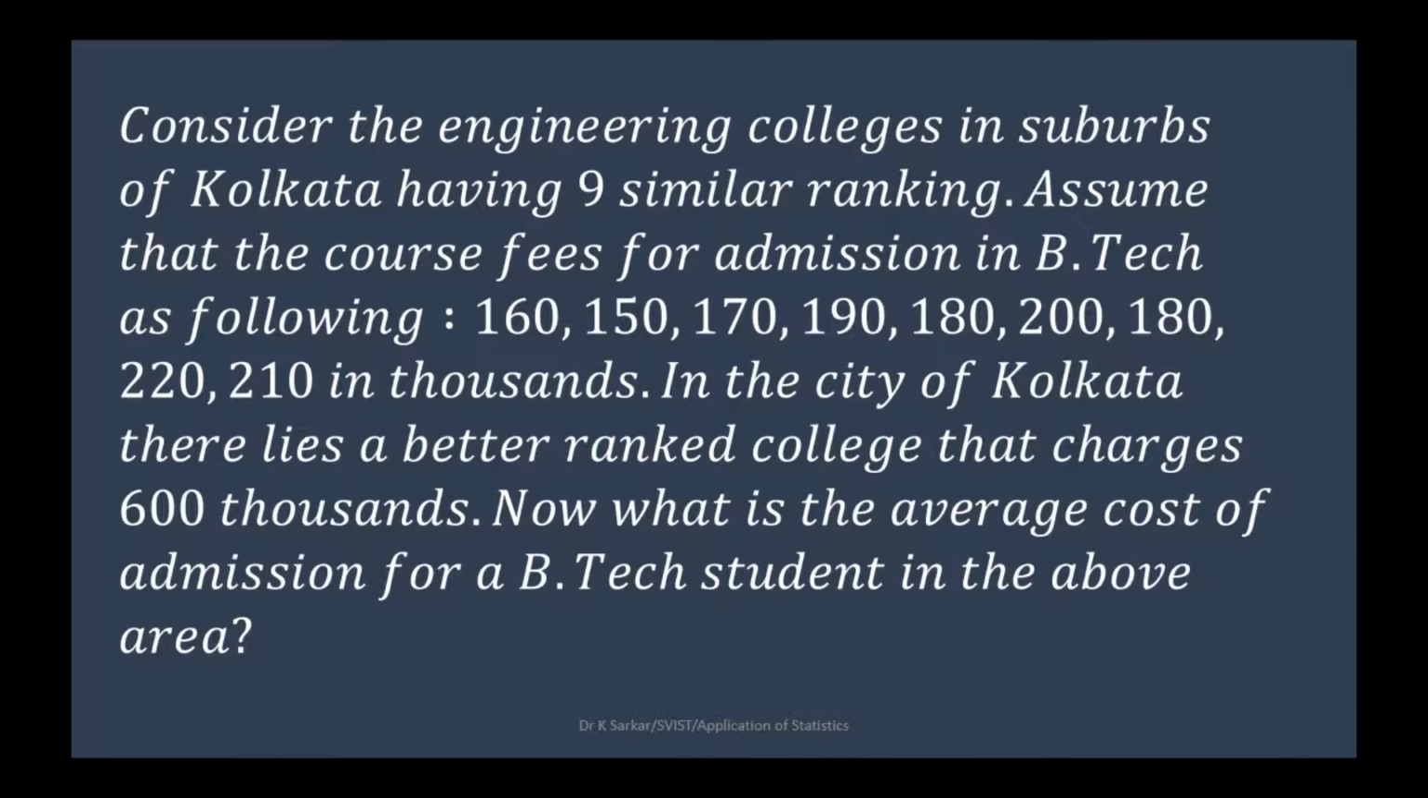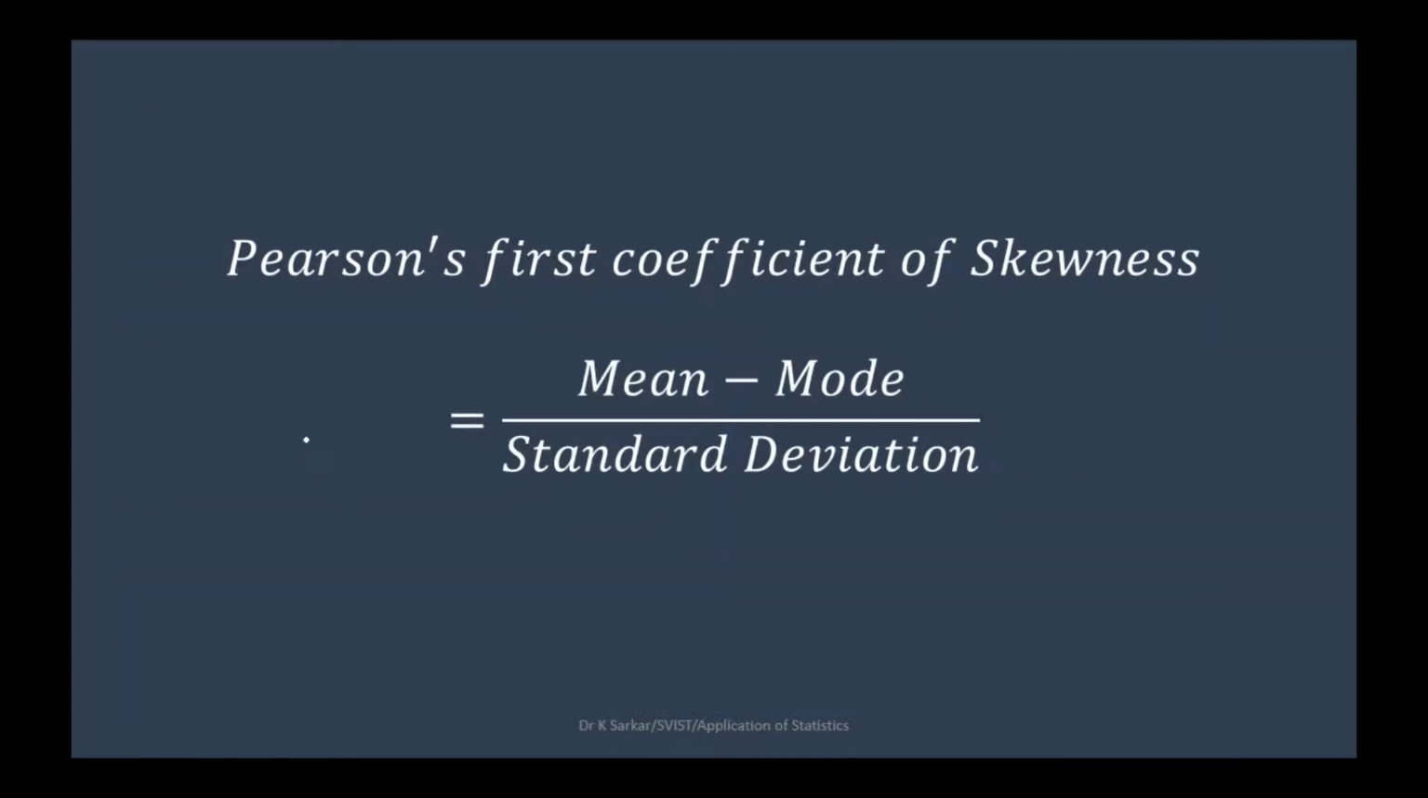For that, we need to find the standard deviation, and for that, we need to find the variance. As we know, the formula is mean minus mode divided by standard deviation, and standard deviation is the square root of variance. So let us first find the variance. For the given problem, the xi's are